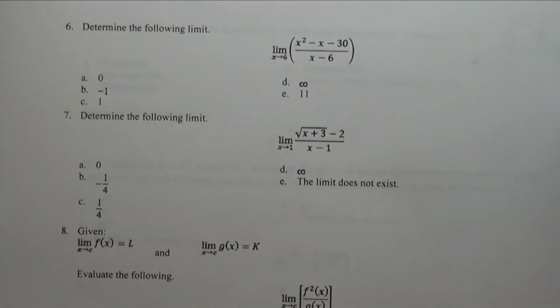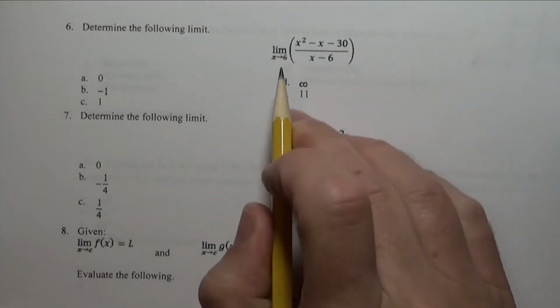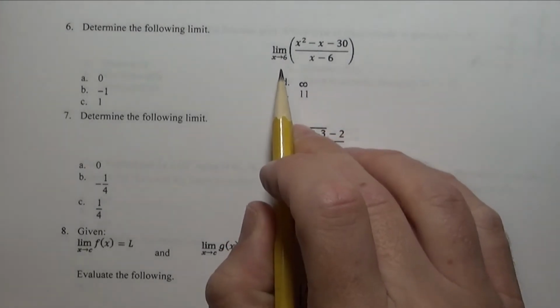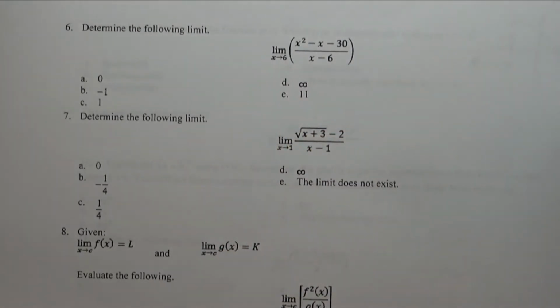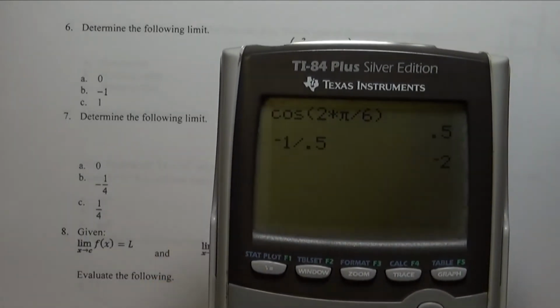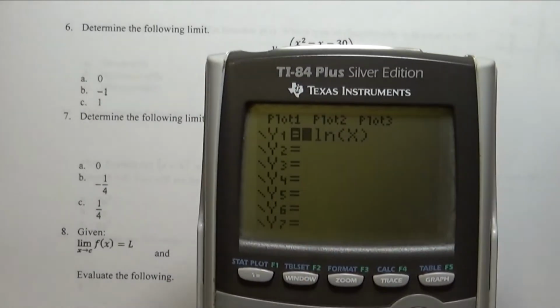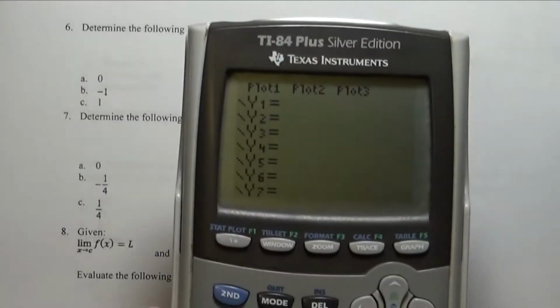What do we have next? We have another limit as the input gets really, really close to some value. And the most general way of doing this is as follows. The most general way of doing this is you input the function